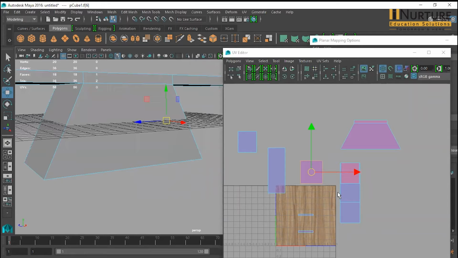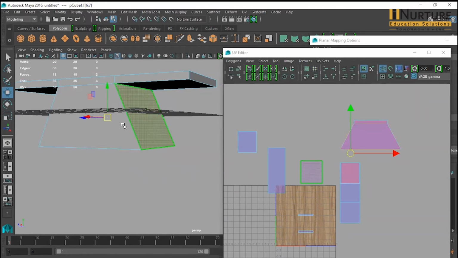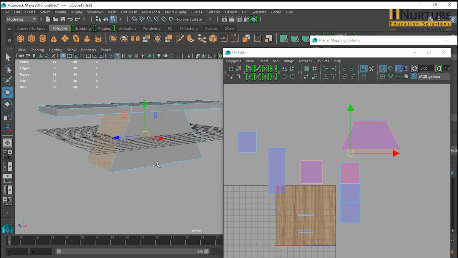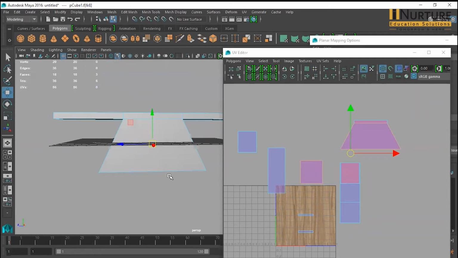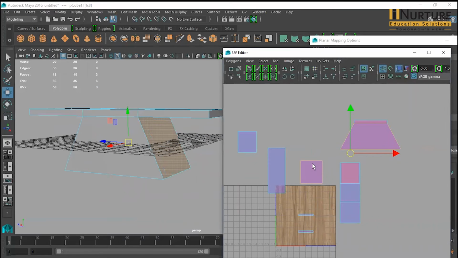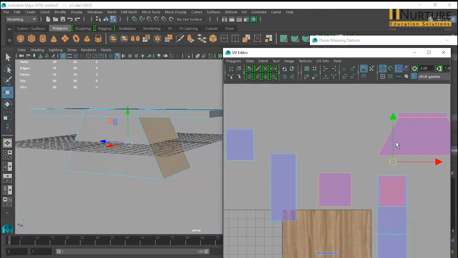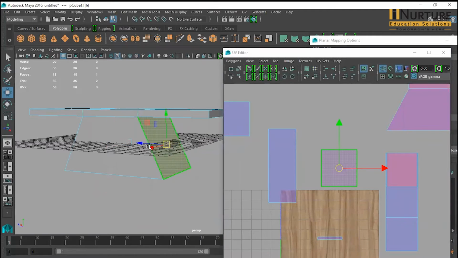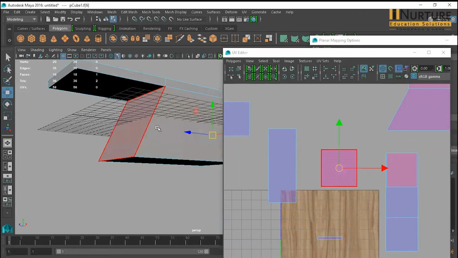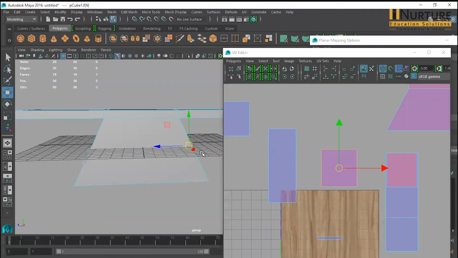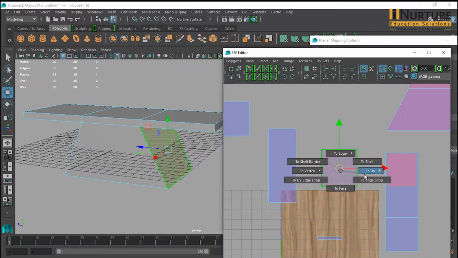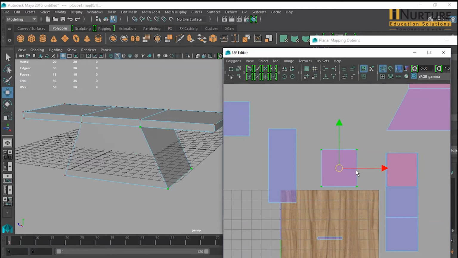पर्पल क्यों है? ये क्या है? क्योंकि हमने इसका और इसका एक साथ यूवी इंटरैक्ट किया था, तो ये इसके ऊपर ओवरलैप हो रखा है, इसलिए पर्पल है। रेड का मतलब ओवरलैप नहीं है, लेकिन इसका मतलब रेड और ब्लू ओवरलैप हो रखा है, क्योंकि ये डबल का हमने एक साथ खोला था। तो मैं इसको सिलेक्ट करके जाके टू शेल करता हूँ, I can see that there are two separate UVs.